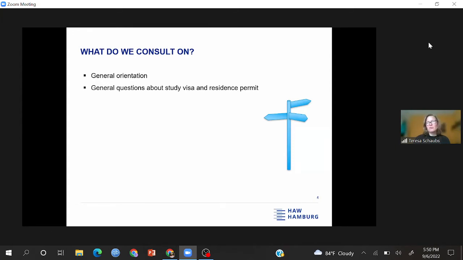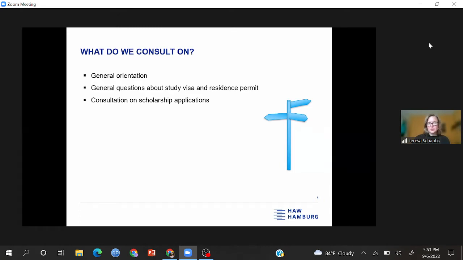You're probably better off contacting directly the Hamburg Welcome Center, which is like the main immigration office, I would say, in Hamburg for international students. So it's your first place to go if you have to sort out something with your residence permits. Just put the word in Google and you will directly find their website with all the information, online appointment, address, and all that stuff. But if you just generally have some questions about visa and study permits, you can also ask me.